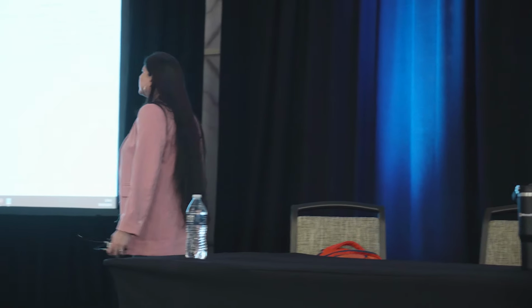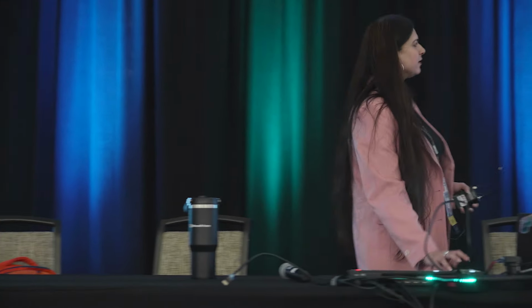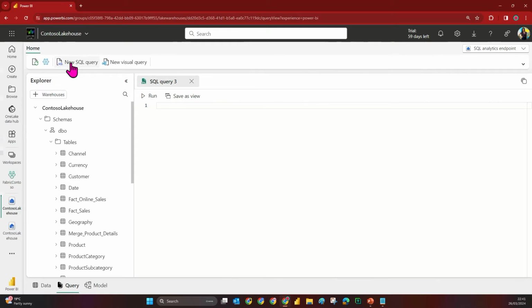But suppose, I come from a database background, so I know how to write SQL queries, procedures, and everything. But suppose there's a new person and they really don't know how to write a SQL query. So one good thing about Fabric is you can literally drag and drop. If I just open a new query, and say I want to drag this, or say if I don't want to drag this, let's not drag it because it's not giving me a starting point. What I can do is,